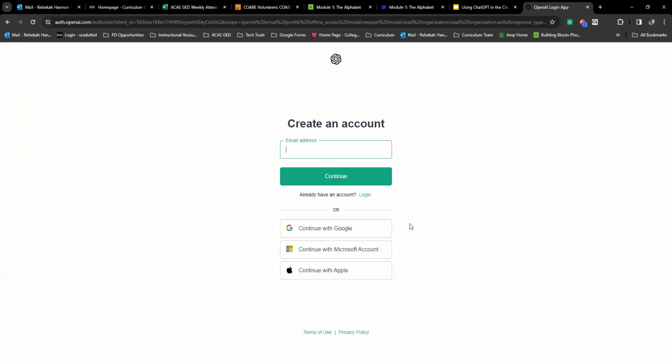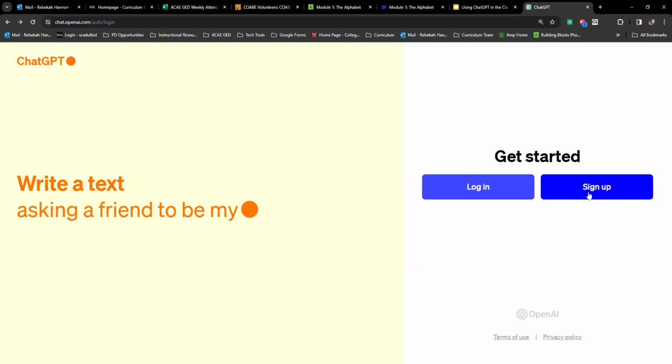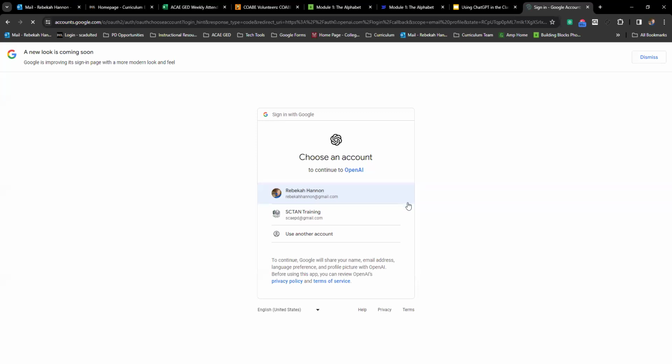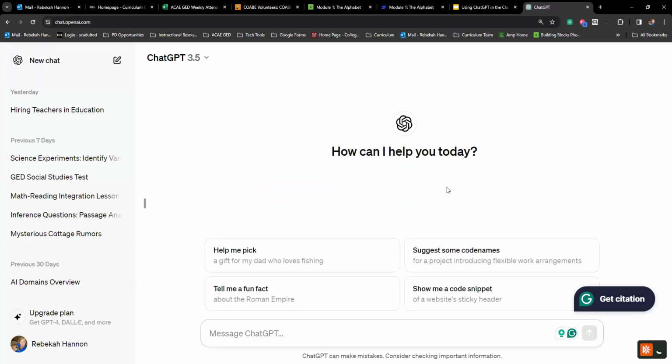You can utilize your Google account, your Microsoft account, or use a different email account, but you'd click there, and then it would take you to another screen to include name and so forth and so on. But very, very simple process there, very straightforward. Once you have your account established, then of course, then you would just log in. And I'm going to log in here. Okay, and so this is the screen I was telling you about. This is kind of the home screen that you'll see once you're logged in to ChatGPT.